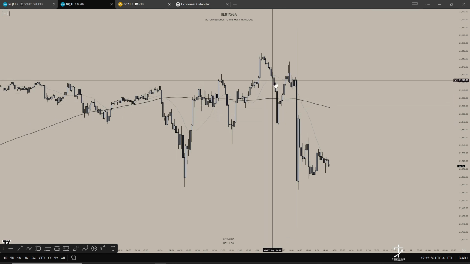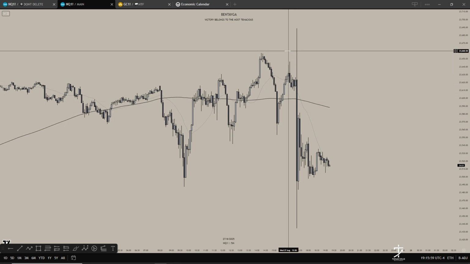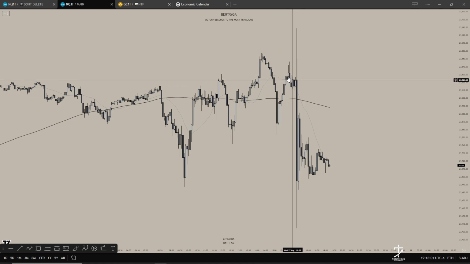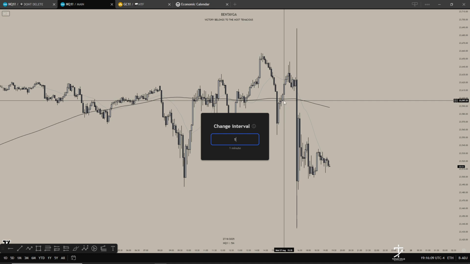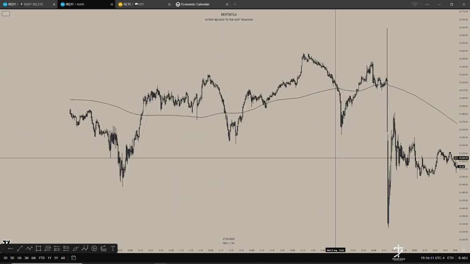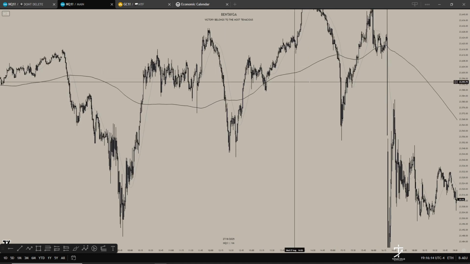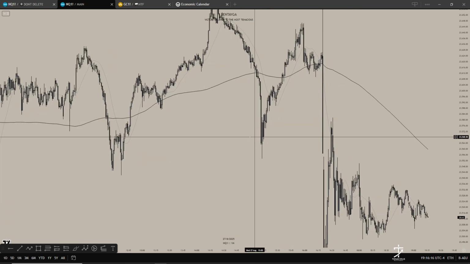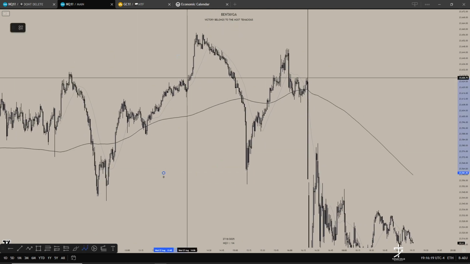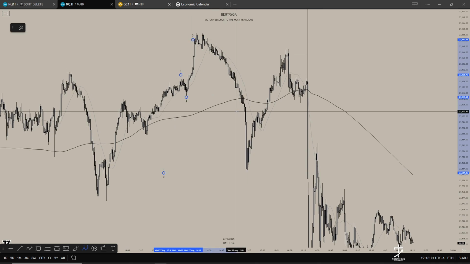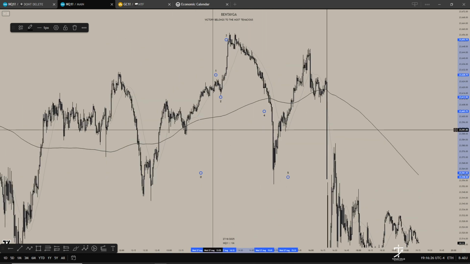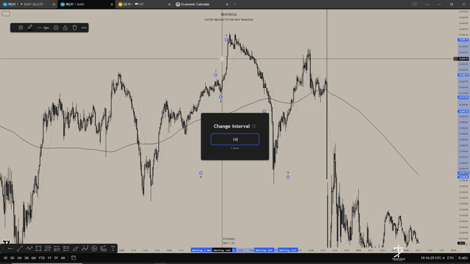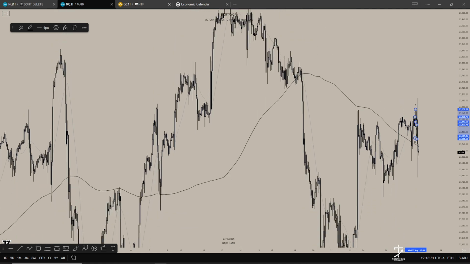So we can see that price actually pushed up, and then price failed. Let me just double check. Yeah, so this was 3 o'clock. There wasn't much movement. Price was below the SMA, so I couldn't look for potential longs. If I went to the 1, it was pretty much the same thing, I could have had this as my 1, 2, 3, 4, 5, but this wouldn't have made sense due to the SMAs. Hence why I used the higher time frame as my narrative to help me look for potential shorts.